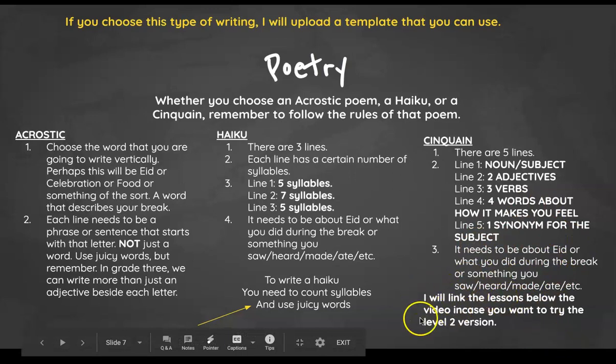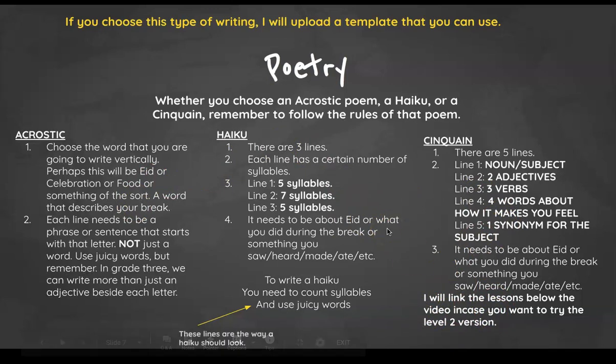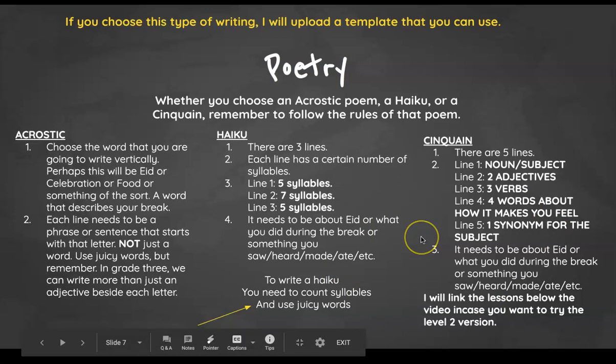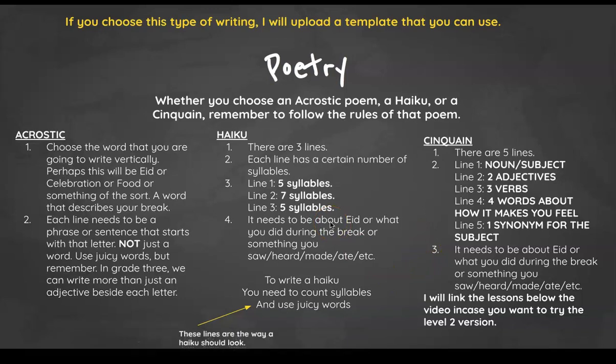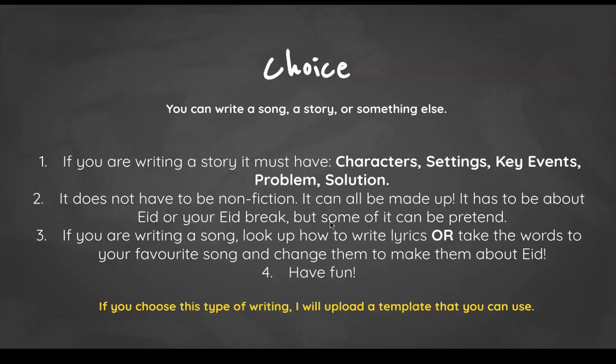Underneath this YouTube video, I'll put the links to our lessons for each of these things, just in case you want to watch them to remember how to do it, or you want to try a different level for the ones that we had different levels for. So there'll be our journal entry lesson up. I'm going to try and find the informational one, but I don't believe we have a video for that one because it was before we started our online learning, okay? All right, and then final option is choice.